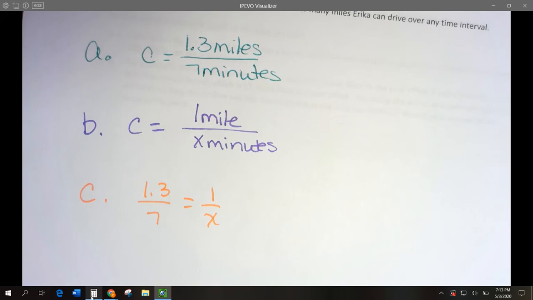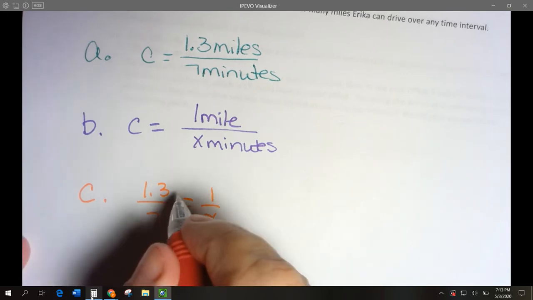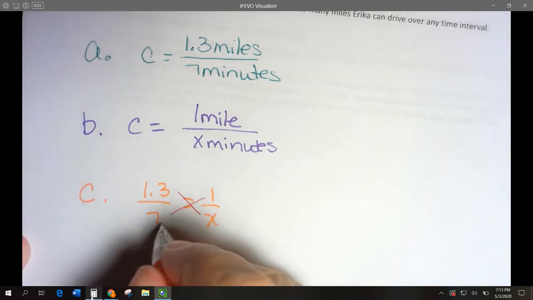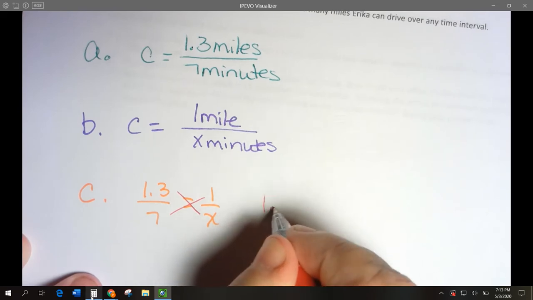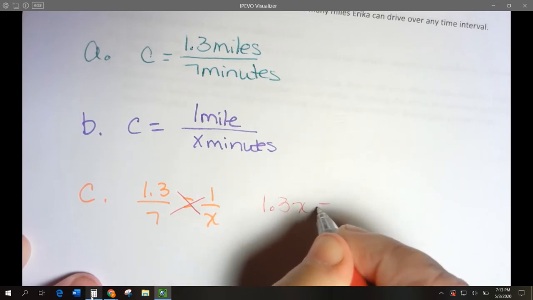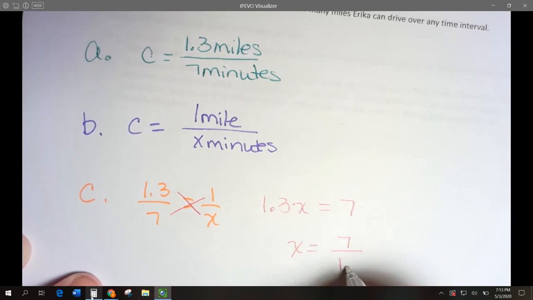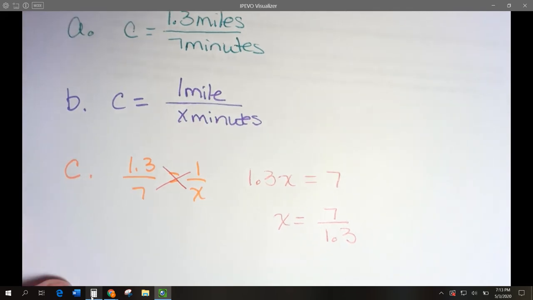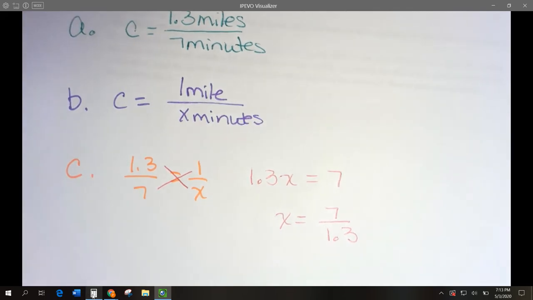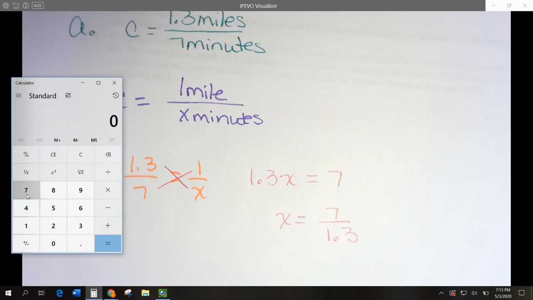And now we need to solve this. So to solve it, we do our cross multiplication. 1.3x equals 7. So x is going to be 7 over 1.3. And if we want, we can go to our calculator and go 7 divided by 1.3, and we get